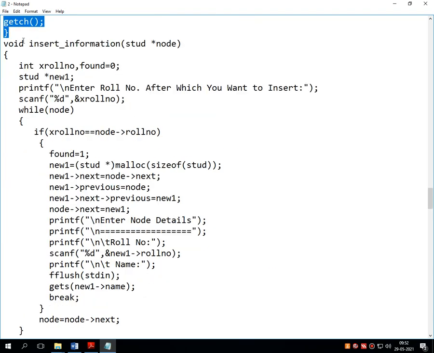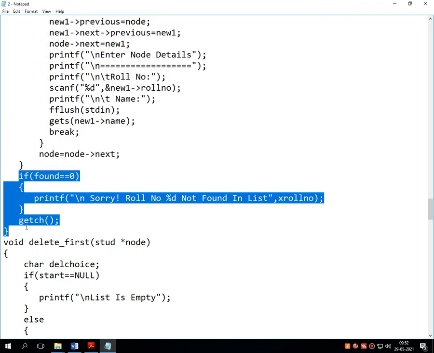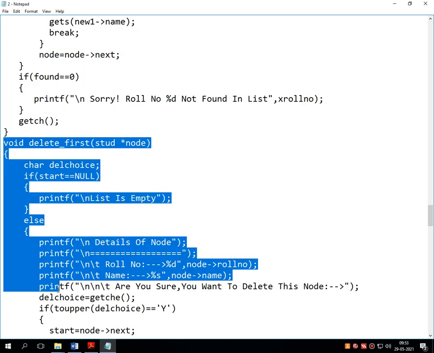Pause the video and write down insert based on information. Write down the remaining lines of code. Pause the video and go for delete first.